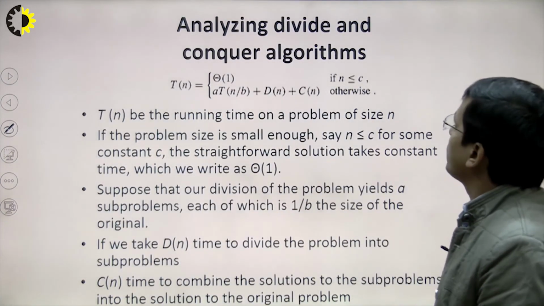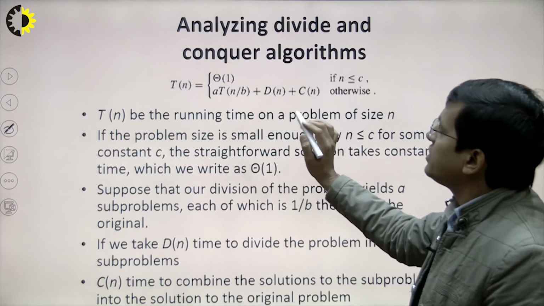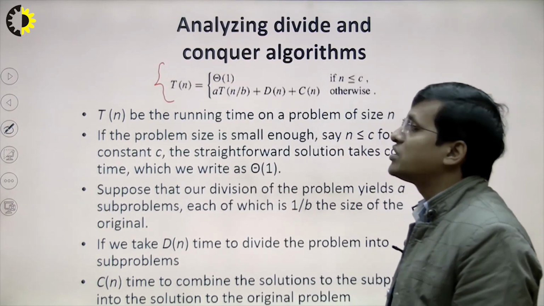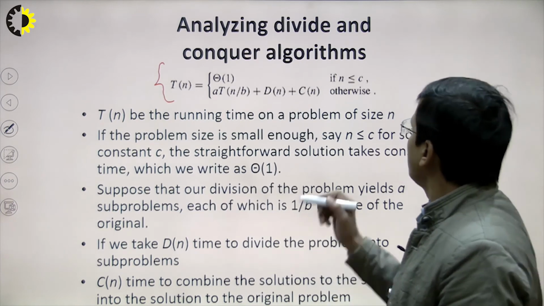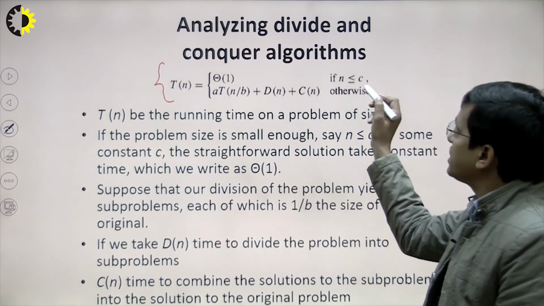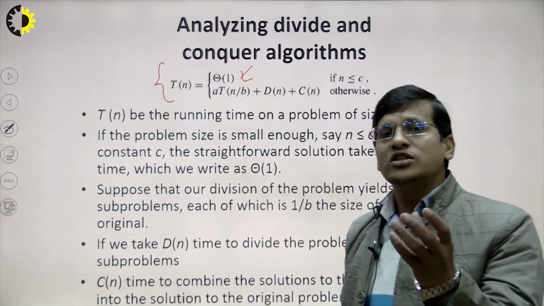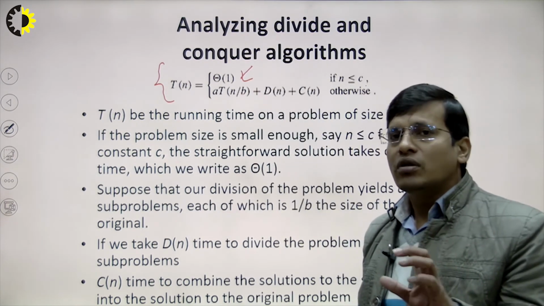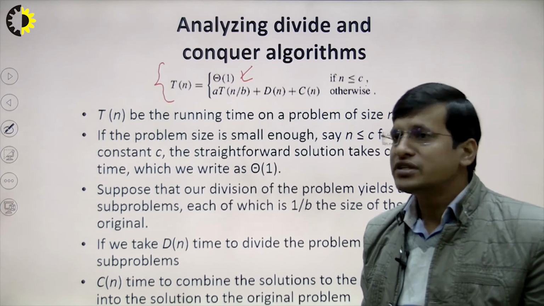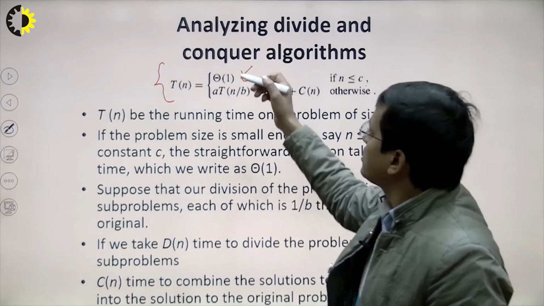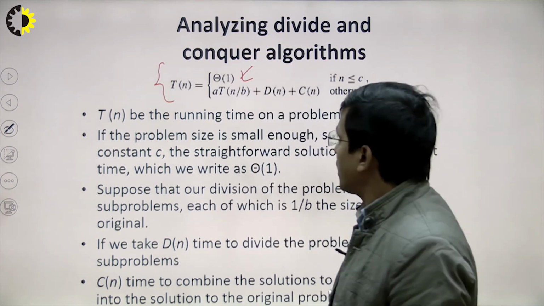analysis of this one. So divide and conquer strategy, these are the worst case running time complexity of the divide and conquer strategy, right? So if n is less than or equal to a constant, that will be executed in constant time, because suppose we have a single element, we are not required any division, right? So in that case that element is already sorted, right? So it will take constant time, right?